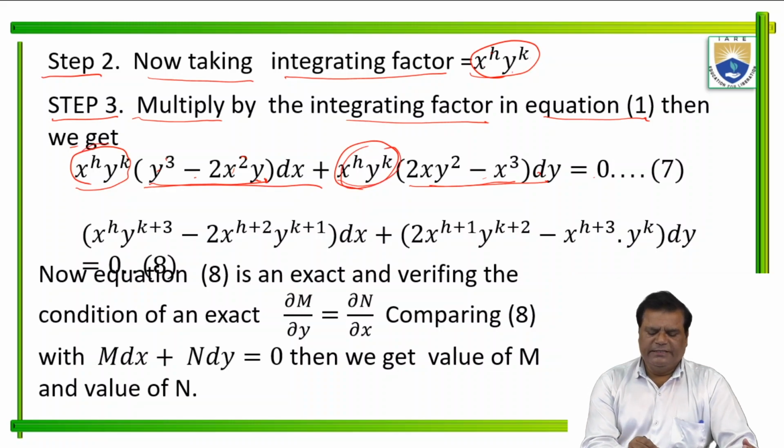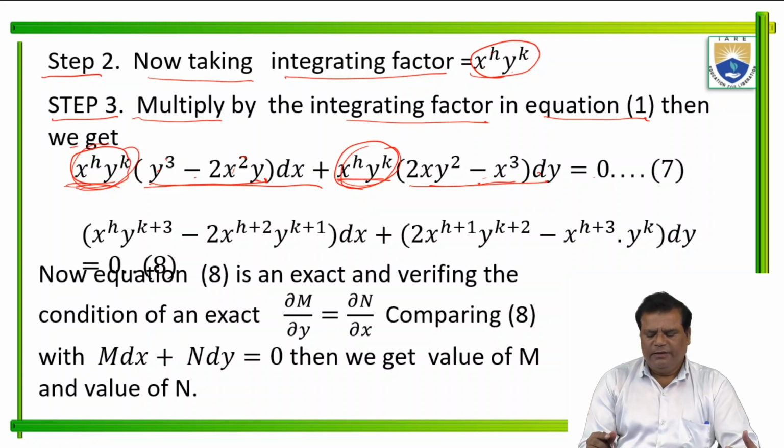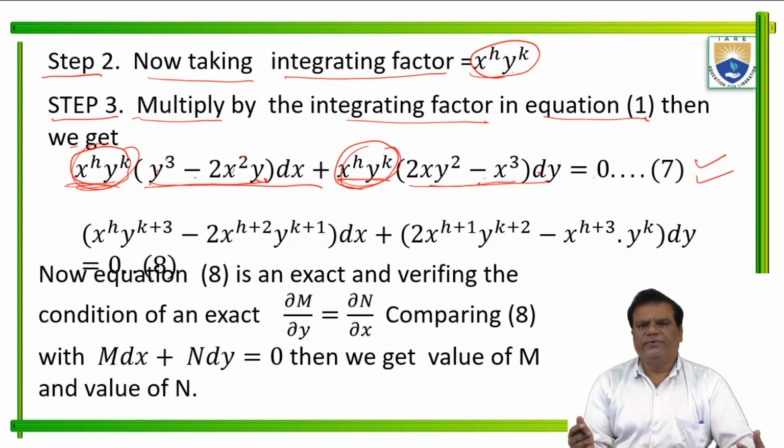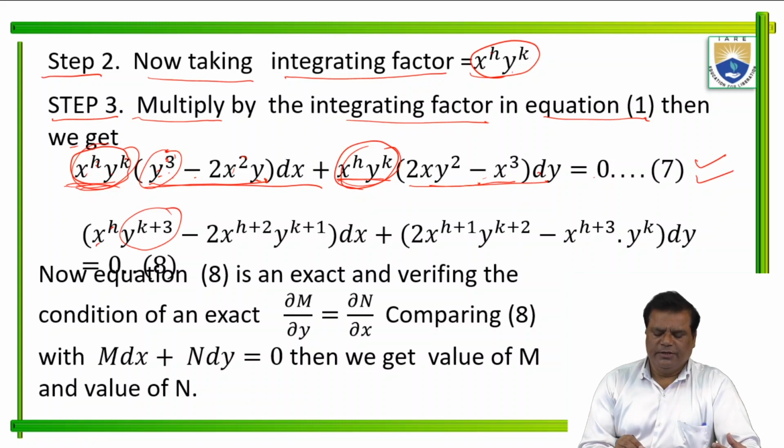Here we are multiplying this function into each term. I am considering this as an integrating factor, so we multiply each term by this factor. After multiplying, equation 7 must be exact, and we verify the condition of exactness. In the first term there is no x, so multiply x to the power h and y to the power k into y cubed, giving y to the power k plus 3, minus 2, and here